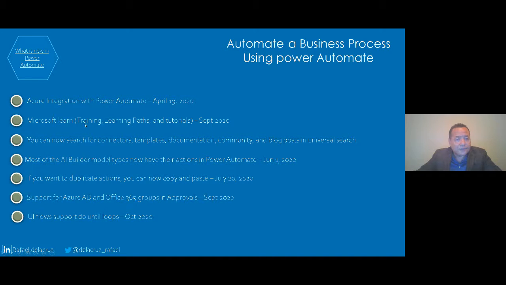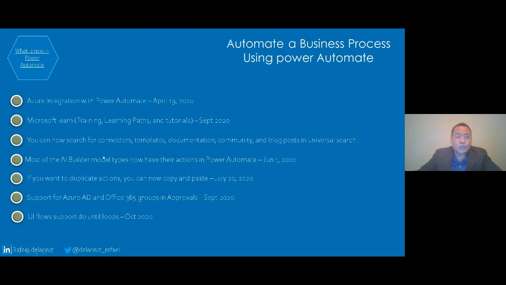I don't think it's live yet, but for Power Automate we can see a little more training, learning paths and tutorials, which is amazing. I always say that what you need to know about a tool now is just a little bit about it, understand the structure of it, and then just Google it, start watching videos, learning, and using it. If you don't use it and you don't create real solutions, you're really not going to know about it.